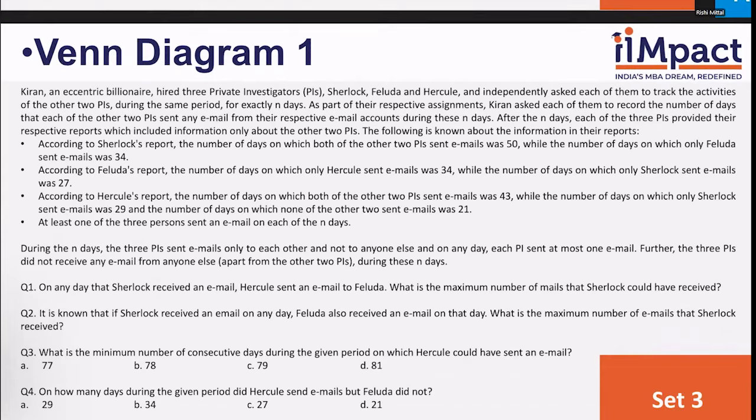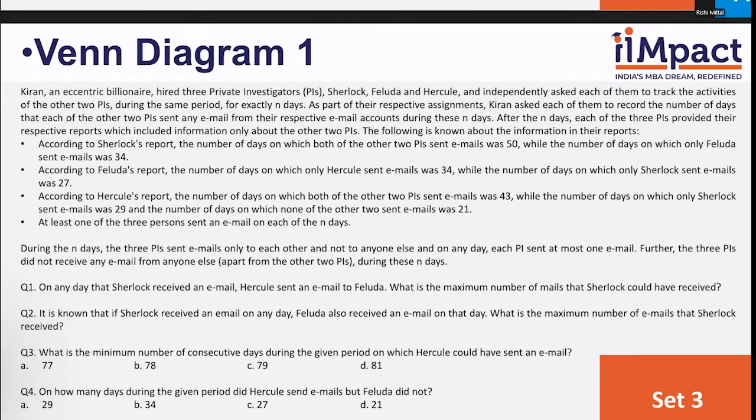Let's read it together. Kiran, an eccentric billionaire, hired 3 private investigators, Sherlock, Feluda, and Hercule, and independently asked each of them to track the activities of the other 2 PIs, during the same period for exactly n days. Now, as part of their respective assignments, Kiran asked each of them to record the number of days that each of the other two PIs sent any email. After n days, each of the three PIs provided their respective reports, which included information only about the